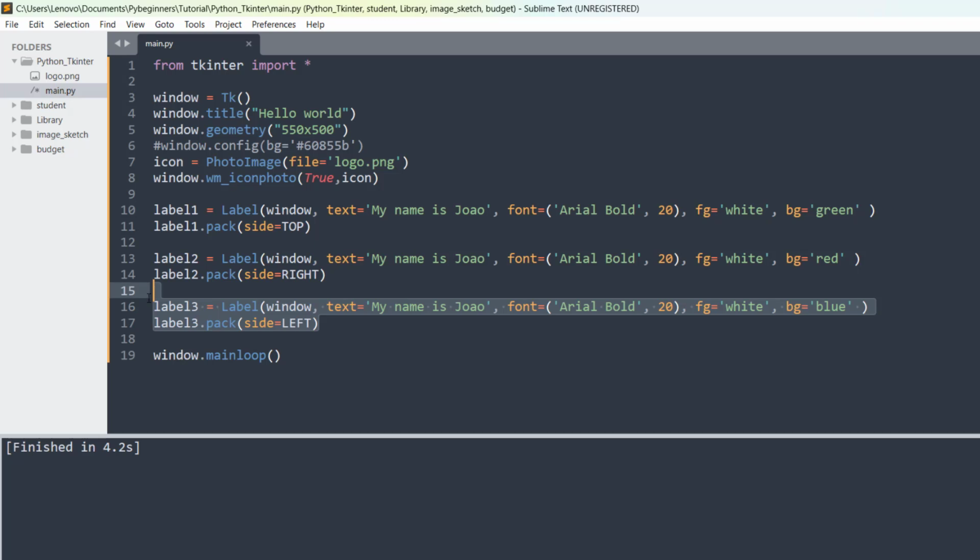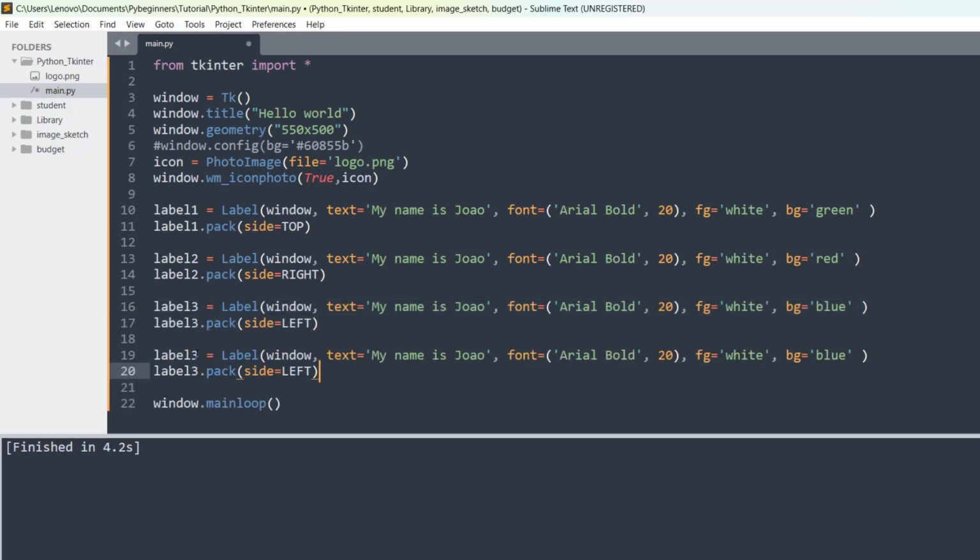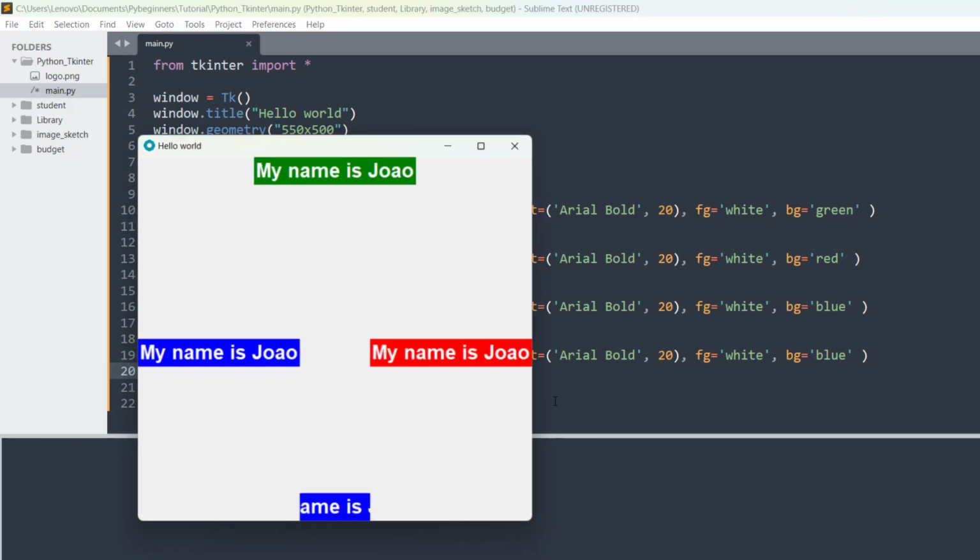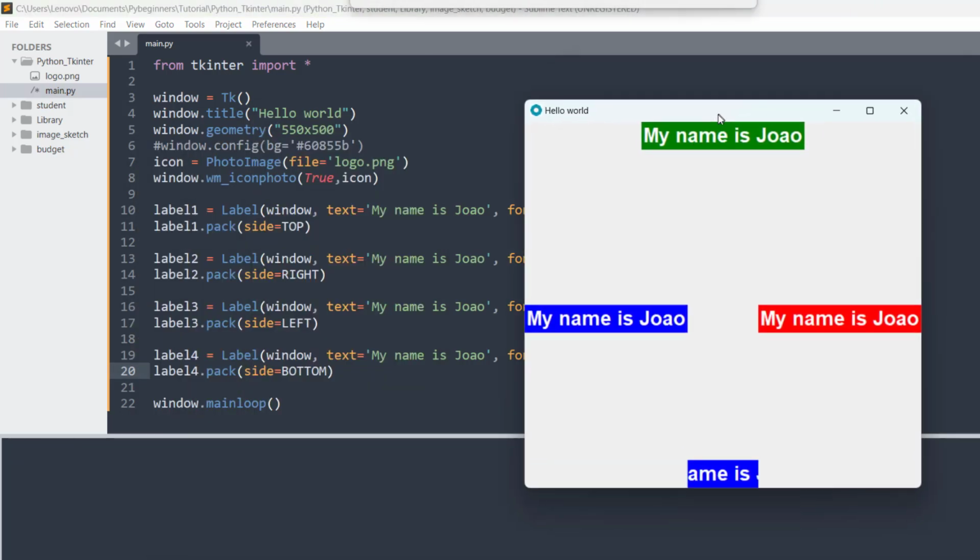Let me copy this one, come down, and this will be level 4. I save, and if I say bottom, there is also bottom. Save, and if I run this, now we can see this one is on the bottom.